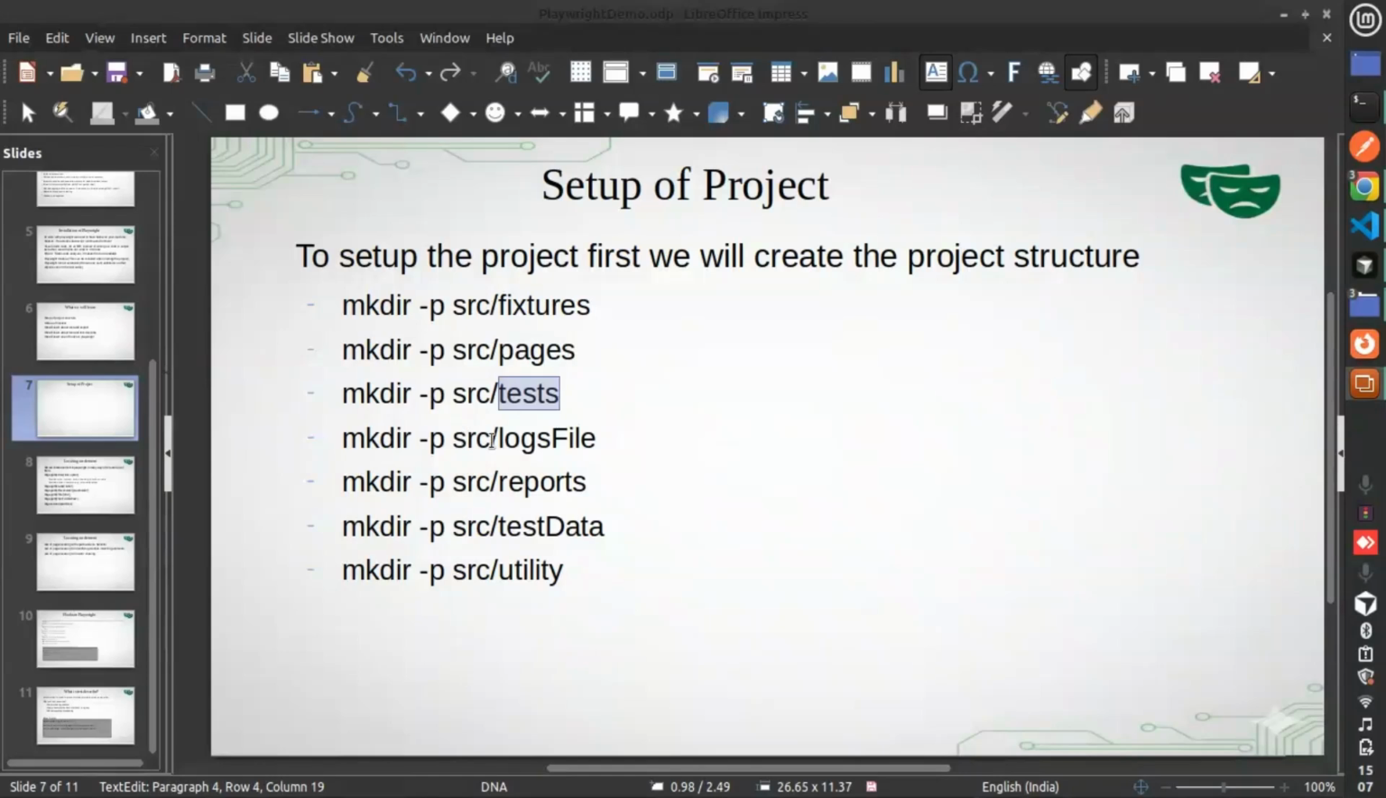src/test. And then we want to save logs related to each action we are performing in our test. We want to store a log file for that, and all the log files will be under this folder. That's why I'm creating a folder with the name of logs file. We'll keep all the log files in this folder only. Reports, this will keep the reports